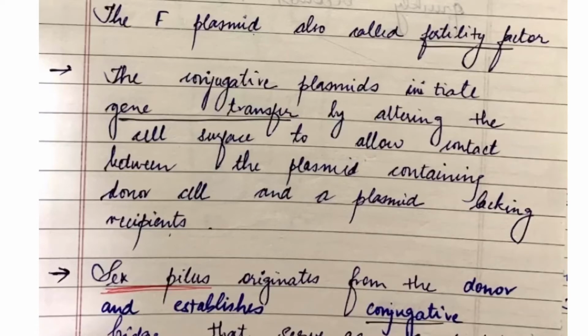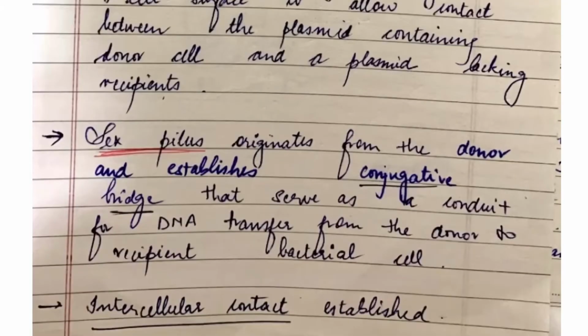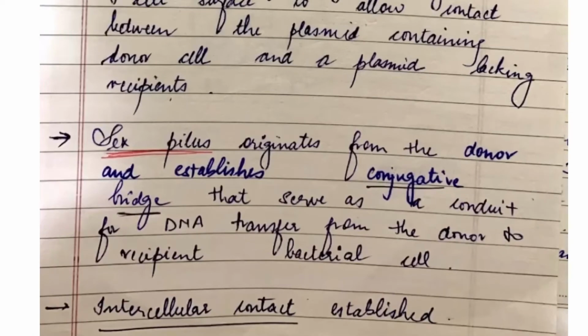The donor bacterium carries the DNA sequence, which is called the fertility factor or F factor. The F factor allows the donor to produce a thin tube-like structure called pilus. The pilus then draws the two bacteria together, at which the donor bacterium transfers the genetic material into the other, that is, the recipient bacterium. The genetic material is in the form of a plasmid, or circular piece of DNA.